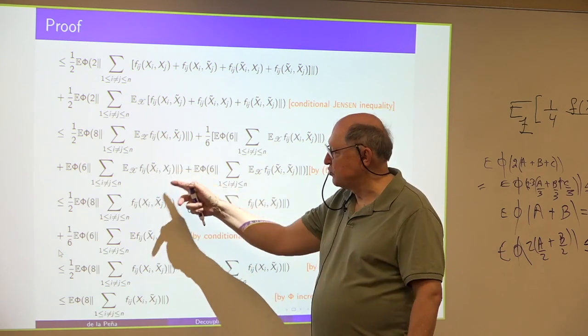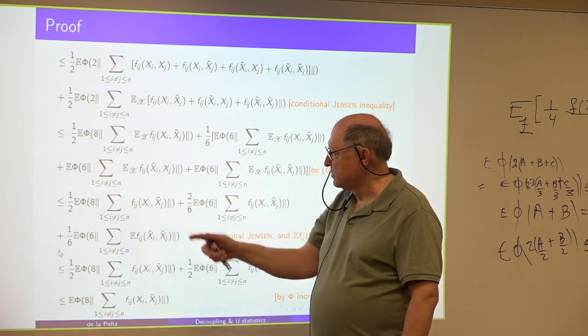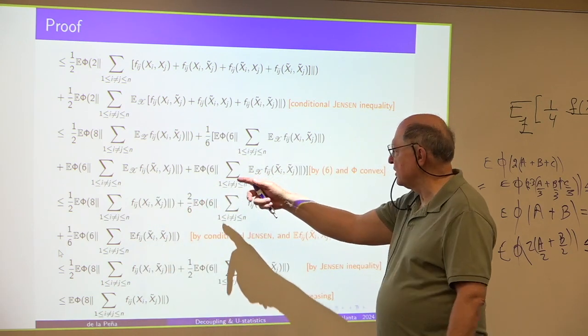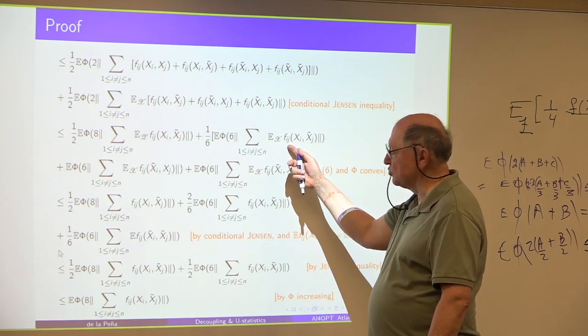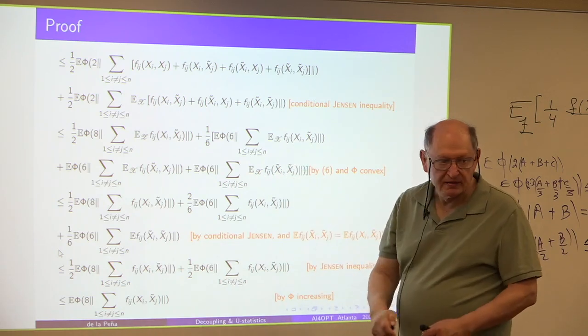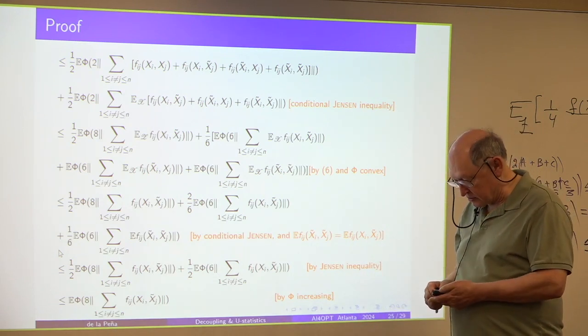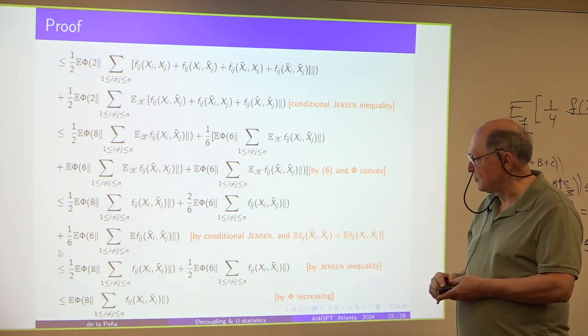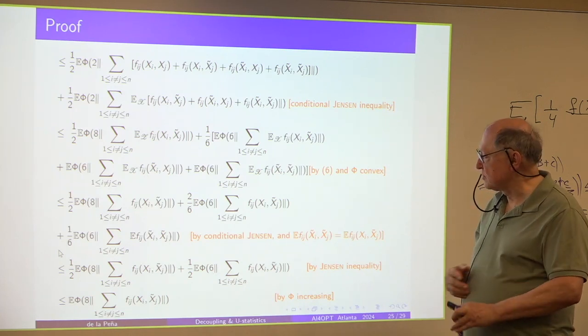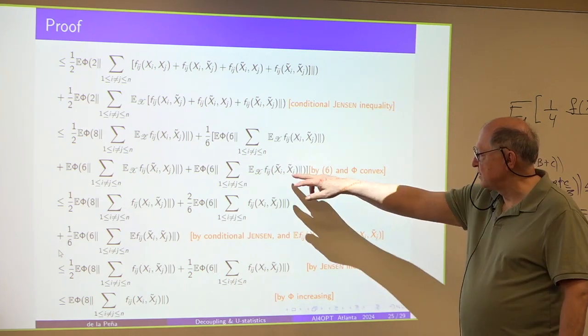And so that's the form that I wanted. Then the same thing, well, this one is already of the form I like, but this is the tricky part. And that's the hardest thing to come up with in the proof, because I want to replace this by xj,